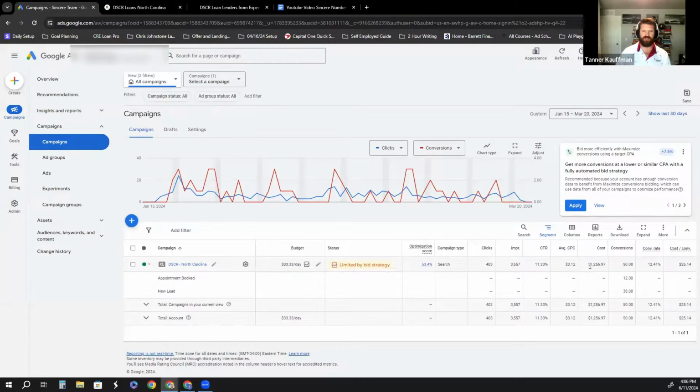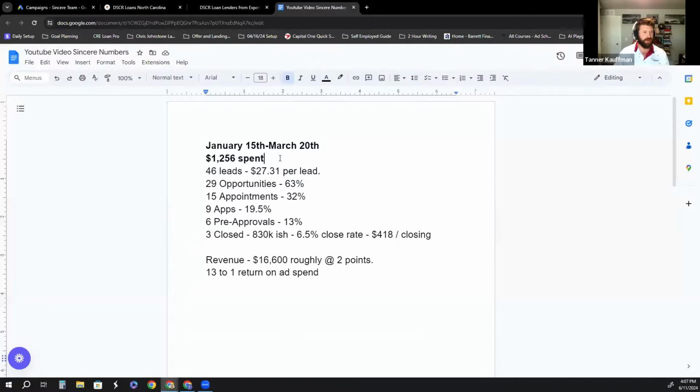This is going to show you that they spent $1,256 from January 15th to March 20th and got 38 leads, 12 booked appointments. That is not correct because sometimes Google will throw you off with their conversion metrics, which is fine. The real numbers, and I'll show you this in the CRM here in a second, it is 1,256 spent,